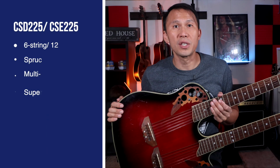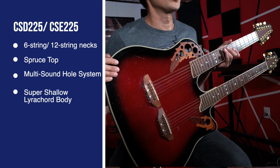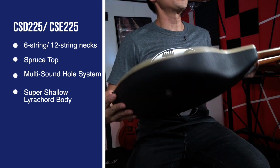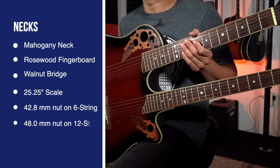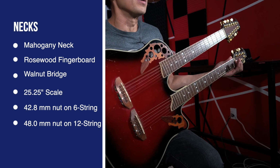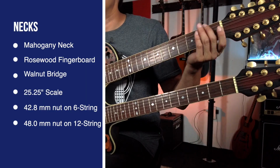Both models have a 6-string and 12-string neck configuration, with the 6 strings on the bottom and the 12 strings on the top neck. It's got a spruce top, multi-sound hole system, and a super shallow Lyracord body. They've got mahogany necks with rosewood fingerboards and a walnut bridge. It's got a 25¼ inch scale. The nut width is 42.8 millimeters on the 6-string, and the 12-string nut comes in at 48 millimeters. It's got a multi-hardwood